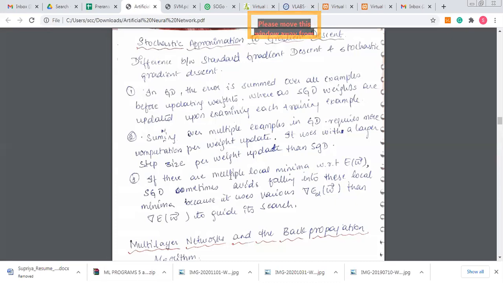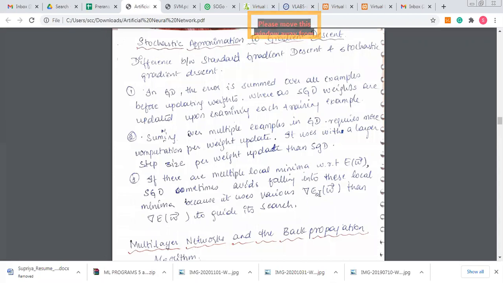If there are multiple local minima, you have to converge to the solution because you have multiple categories here. In that case, stochastic gradient descent sometimes avoids falling into those local minima because it uses various weight updates rather than only one single weight update to guide its search.